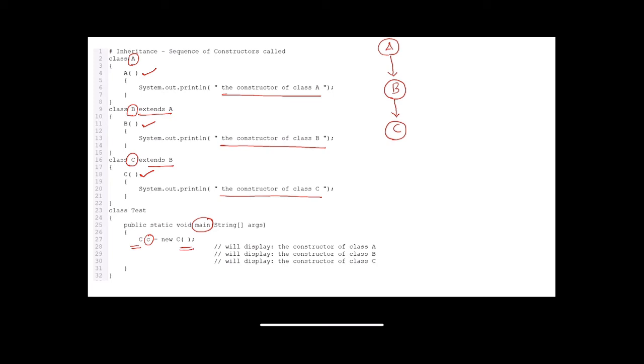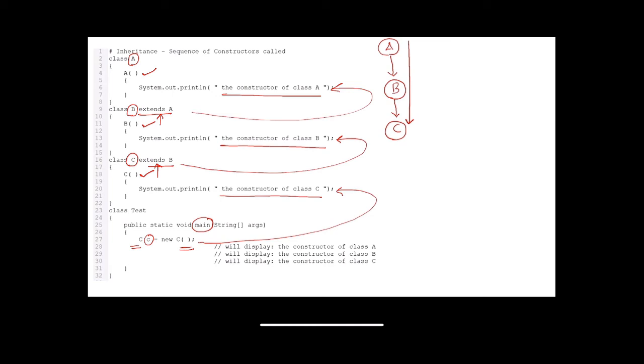Let us check it out. When the call to my constructor of C class is made, the control passes over here. It checks that I am already inheriting a class B. So the control moves to the upper inherited class. It again checks that I am also inheriting some class properties. So the control moves to the top class constructor. So the value is printed in the order from grandparent to my child class.